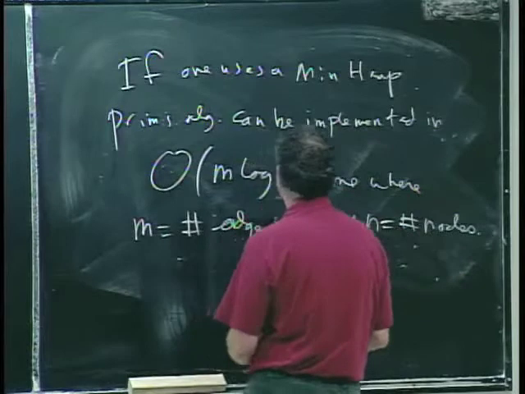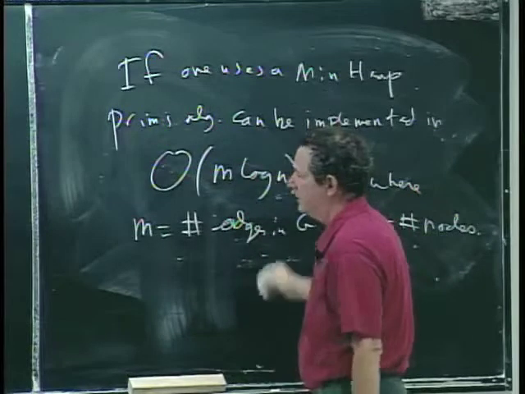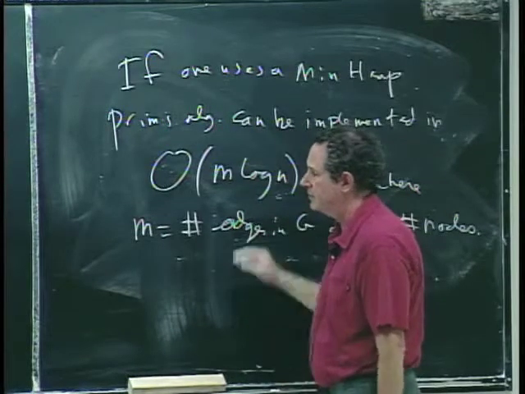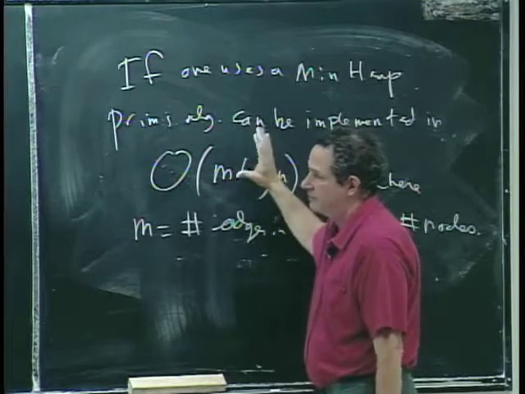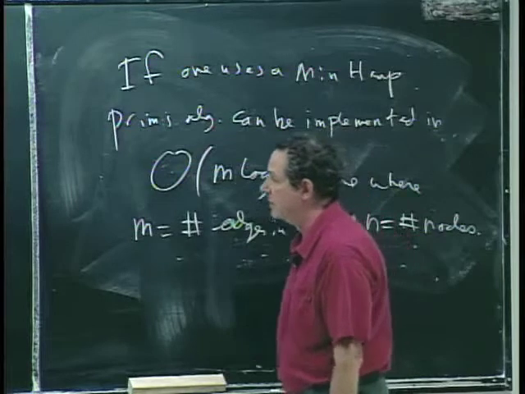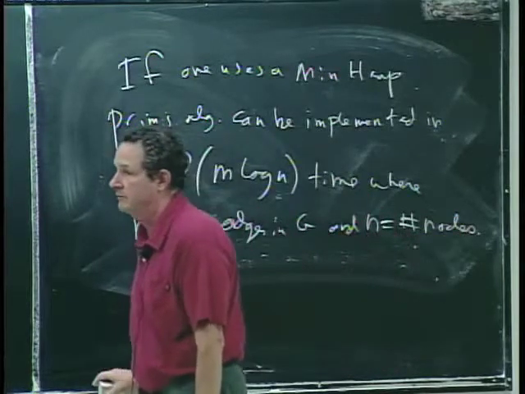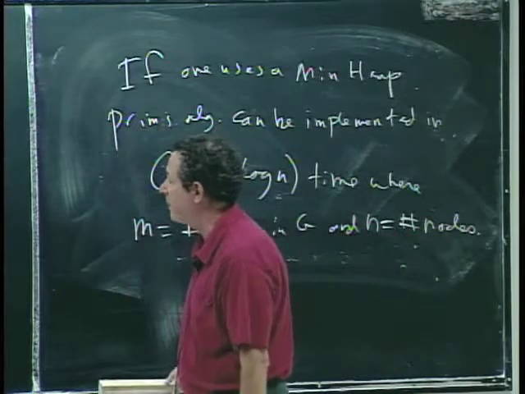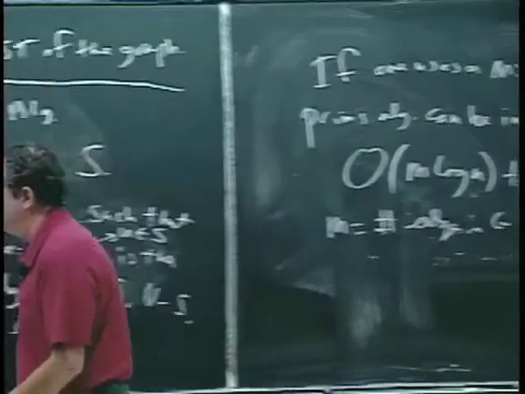Okay, well, I haven't shown you why the min heap is in there, or discussed really the implementation. I'm going to let you look at the book. It's half a page or so for this discussion, because I want to get on to Kruskal's algorithm. We only have 3 or 4 minutes left. Okay, so Kruskal